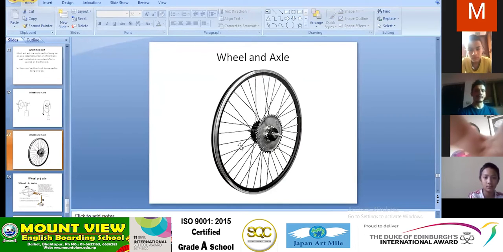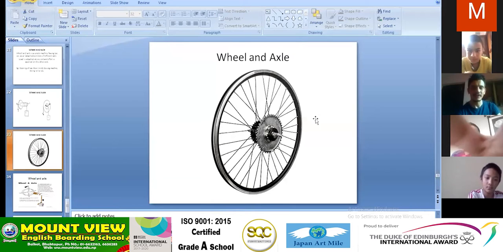You should understand one thing. Both of these cylinders, the big cylinder and the small cylinder, are joined, attached. They are not free to move alone. They are not allowed to move freely, since they are joined. So when the wheel rotates, the axle also rotates and vice versa. Did you get the point?